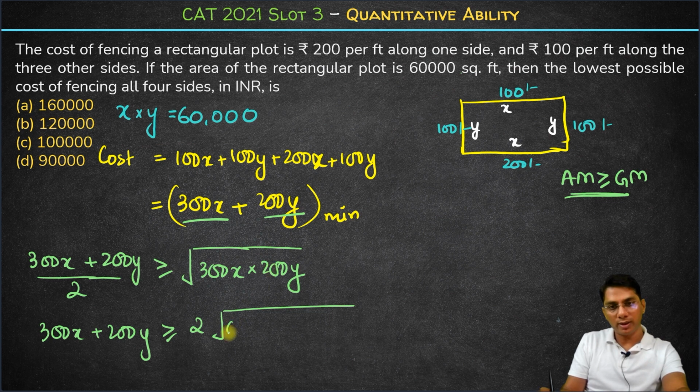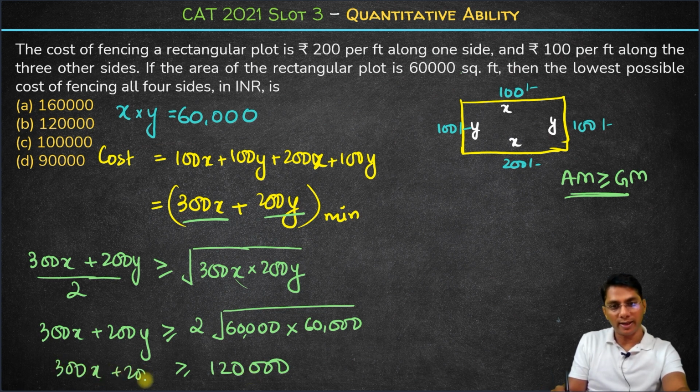Now 3 into 2 is 6, so 300 into 200 is 60,000, into x into y. Now x into y is also 60,000. So this is also 60,000. So the square root of 60,000 into 60,000 will be 60,000. 60,000 into 2 is 120,000. So we have 300x plus 200y should be greater than or equal to